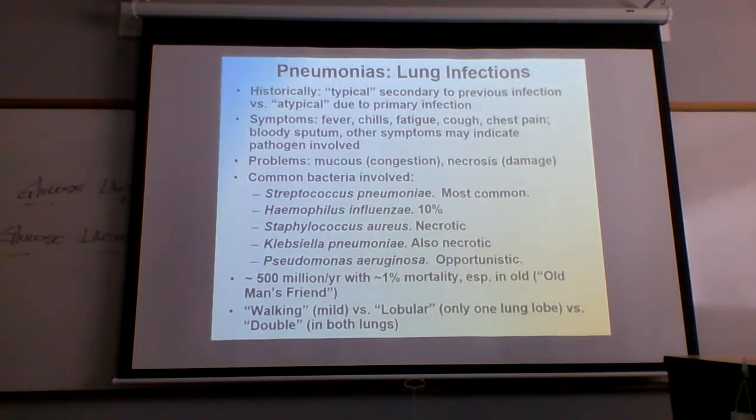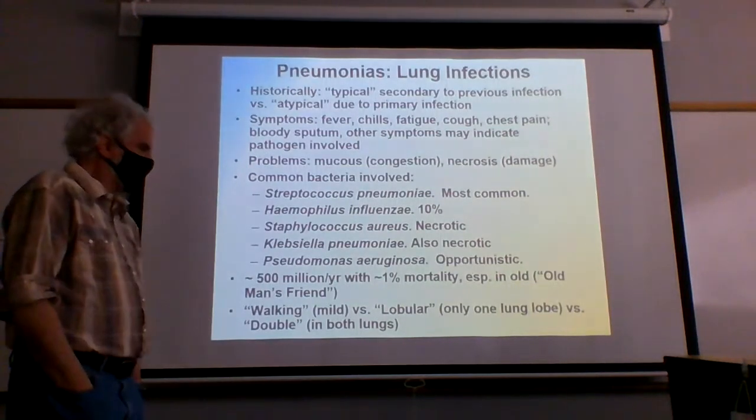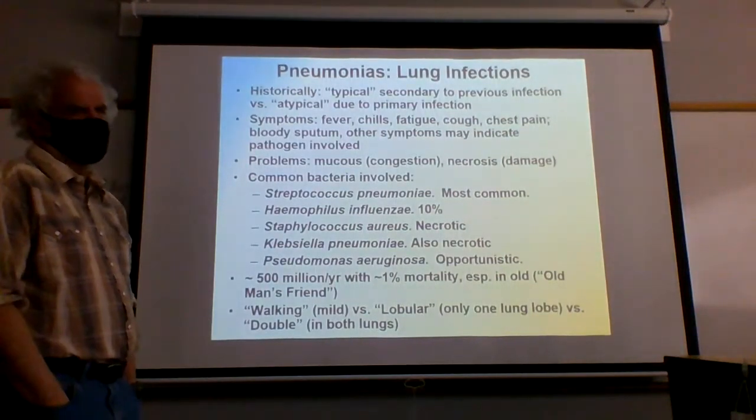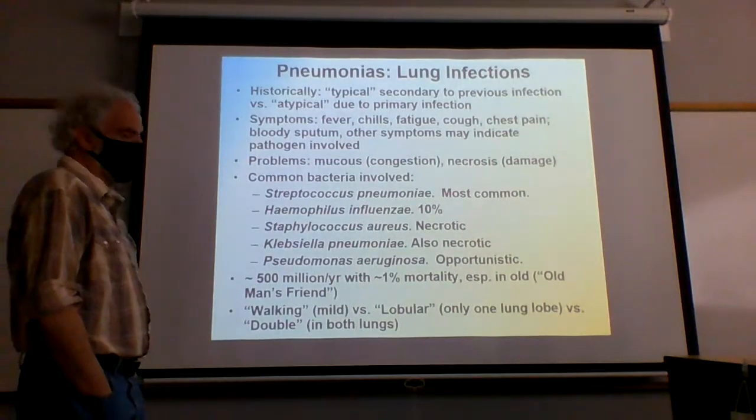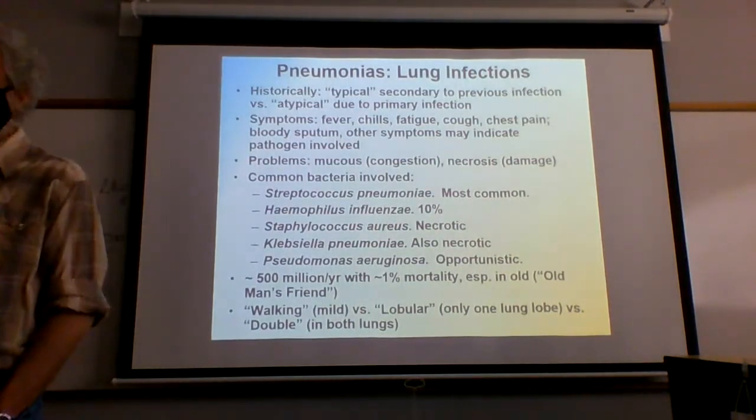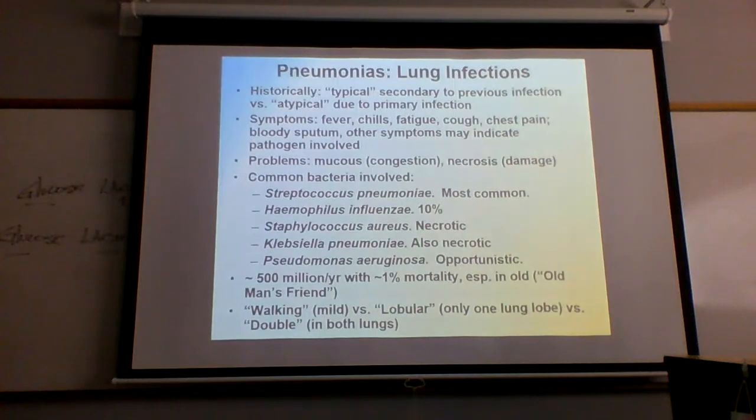We have these terms that are known as walking pneumonia, which is essentially a fairly mild case of it. And then you also have the lobular, which is only one lung. Nobody ever refers to that. But you may hear people talking about double pneumonia. And it's not that you've got like 2 cases of it. You have the bacterial infection in both lungs.